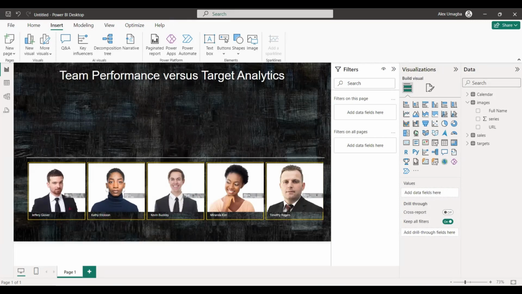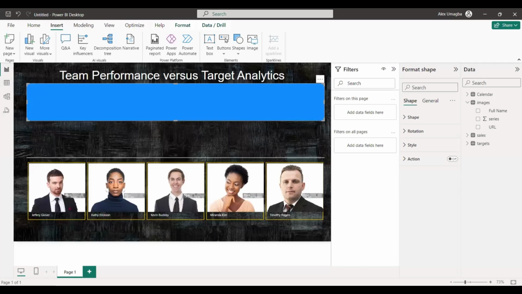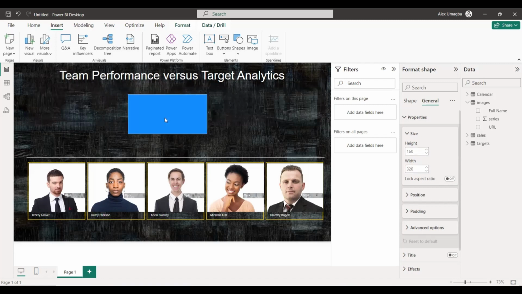Now the next thing I'm going to do is to go in and insert a shape. Let me insert a rectangle. Now all these things also, you don't need to, you can be dimension specific. Like anything you are doing, try to use scale. Like I can make this one, like go to the general, and I put it like maybe 160 by 320. So I'll put it at the center,